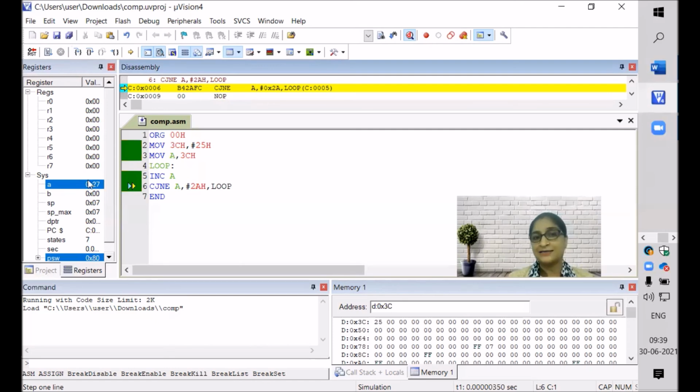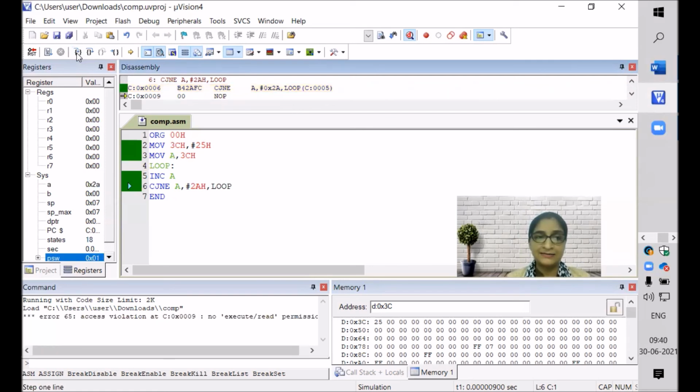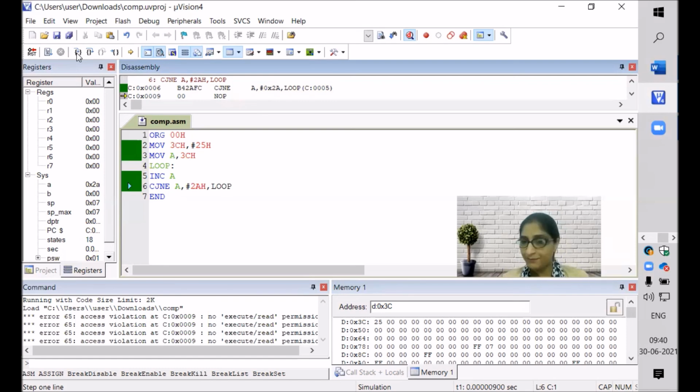So jump and again incremented 27. Again that CJNE will work and will compare equal or not. So obviously not equal. So again it will jump and it will be 28. You just see the value of accumulator. Then again 29 and 2A. Now it has reached 2A. Now comparison has to be stopped. So again we'll click on step and we'll see that the counter should come out from the program. It should end. So again step, now it won't go beyond 2A. So our program has been completed.